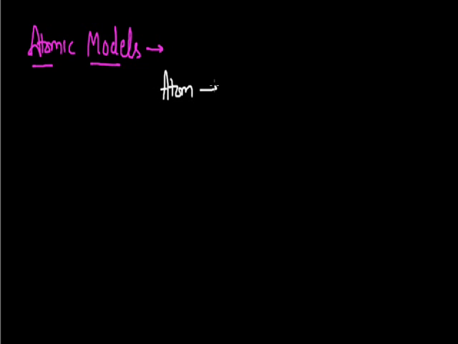Hello students, today we will discuss the atomic models of atom. Basically, before we go through these atomic models, first of all we are to understand the meaning of atomic models. These atomic models tell us about the arrangement of electrons, protons and neutrons in an atom. Since we know that all atoms are made of three fundamental particles, electrons, protons and neutrons, how these particles are arranged in an atom is explained in terms of atomic models.